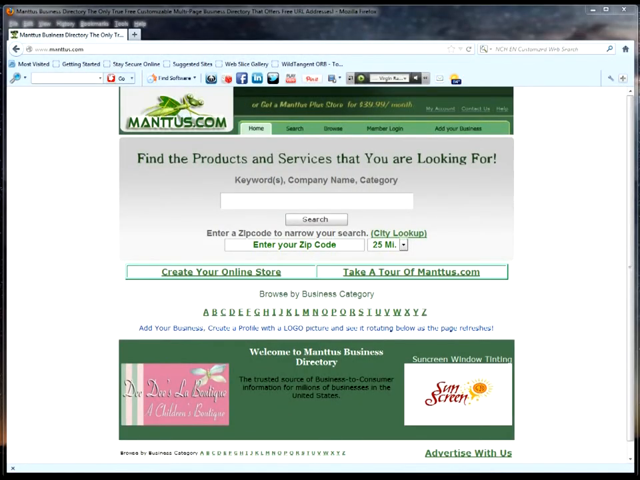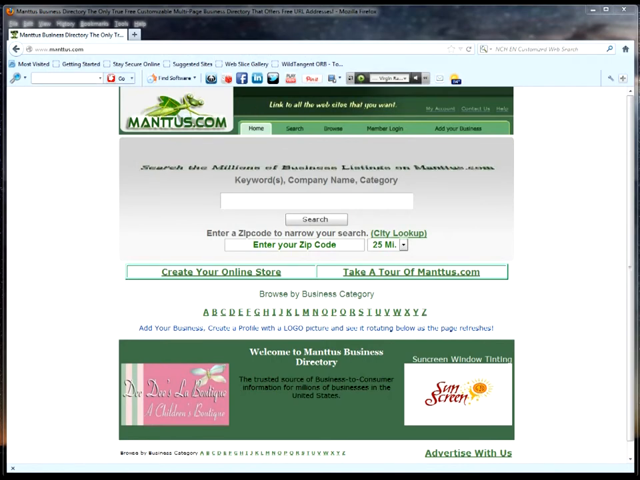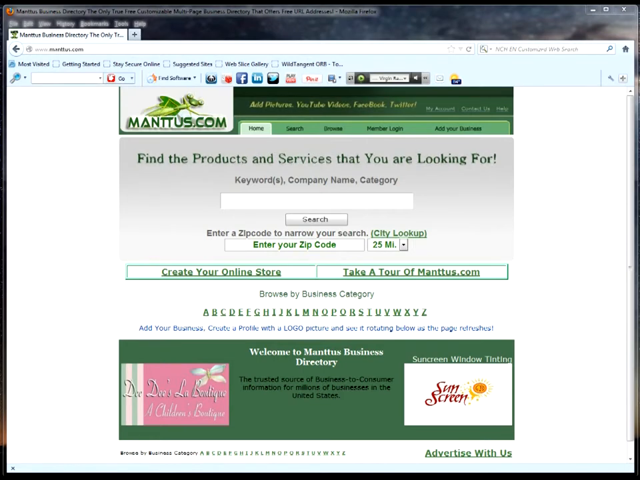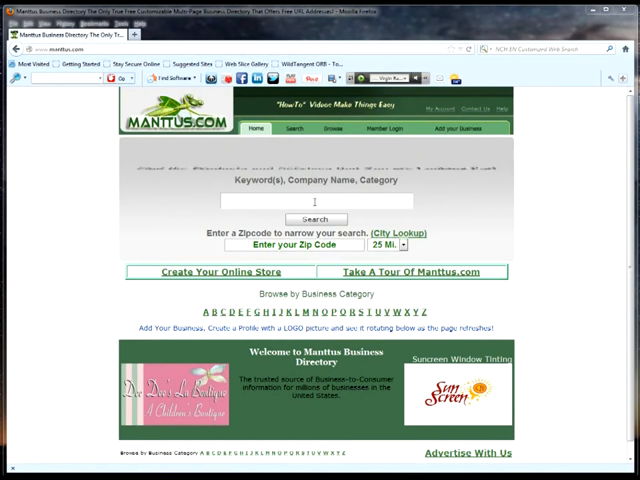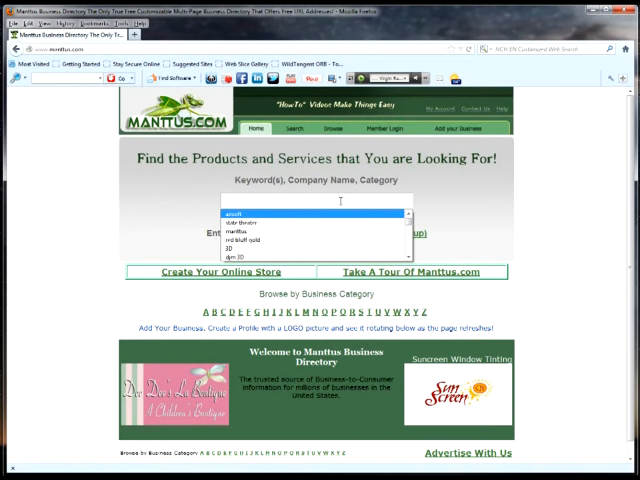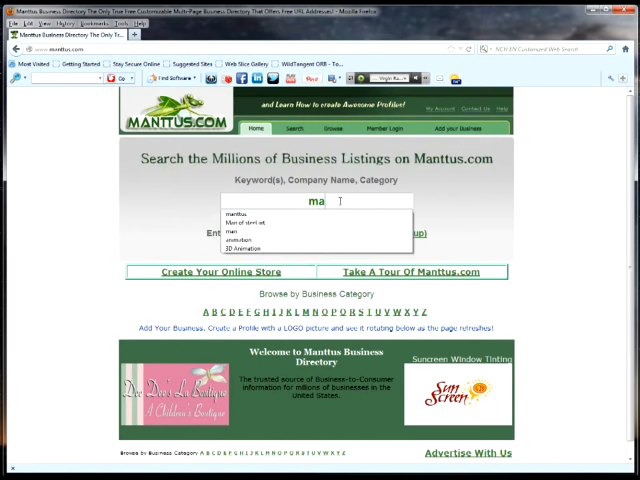Hi, my name's Dave. This tutorial is to show you how to put a Facebook like button on your Mantis profile page. What I like to do is first start out by going into mantis.com and bringing up the page we're going to be looking at first. In this case, it's going to be Mantis